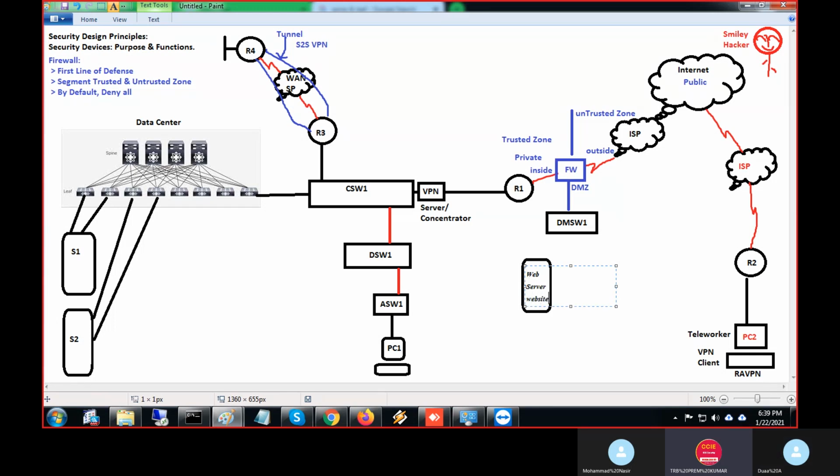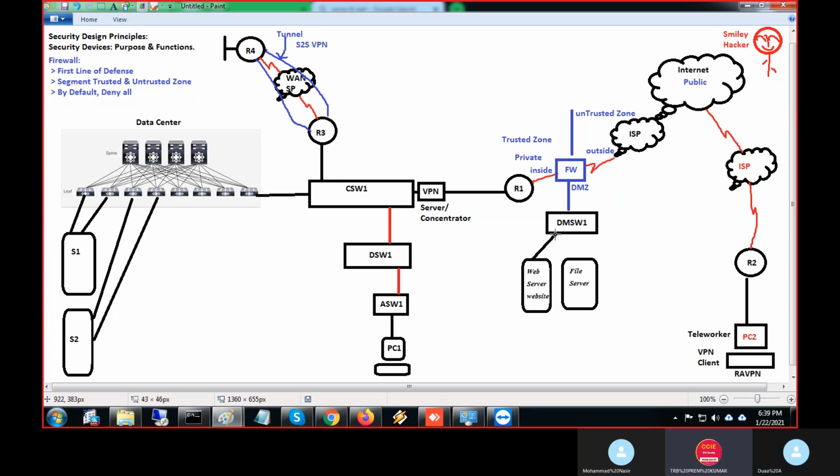This is like a fancy dress competition. I want to show my fancy dress, my talent, to the public, my company website. And I want to share some documents with the public, like a company brochure, some documents like that, on the file server. So to whom do I want to share these details? The public. But when the public comes, I don't want them to come to my private trusted zone. So I created a small area where the public will come and go.